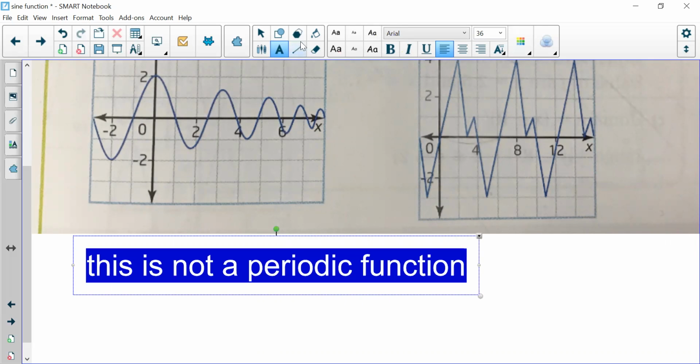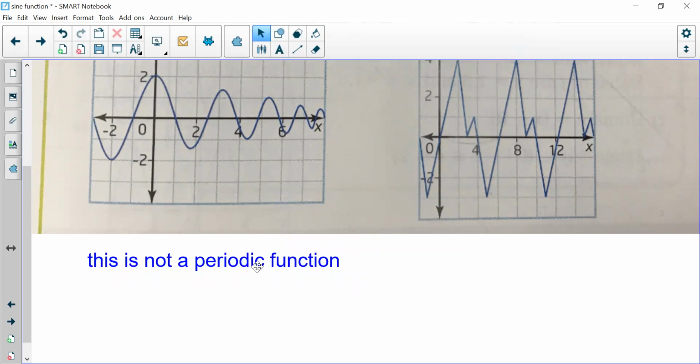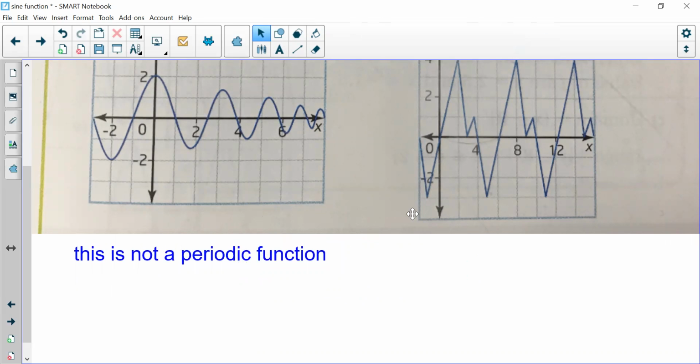Six marks each just to say this is not a periodic function. Okay, so that one's done. It just is not, there is no repeating pattern. If I was going to follow this graph and look for something that's repeating,